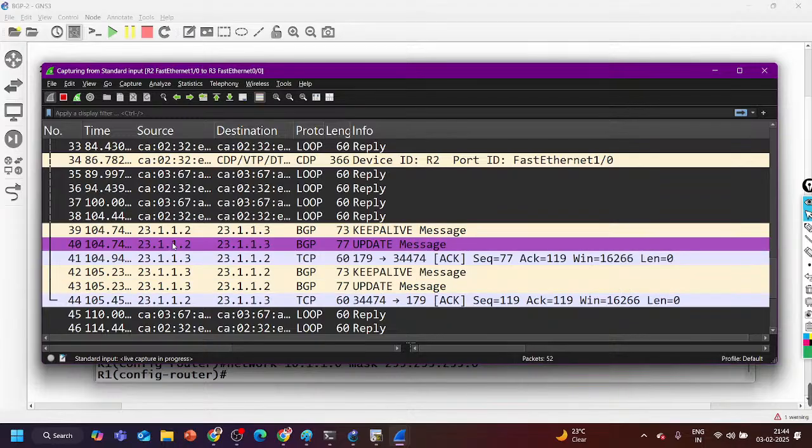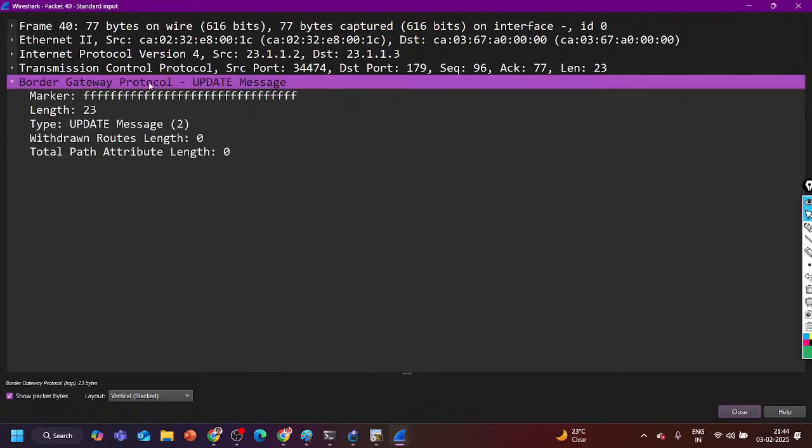Filter TCP port 23.2 and 23.3, source R2 and destination. But when you open this update message, see in this update message, another update